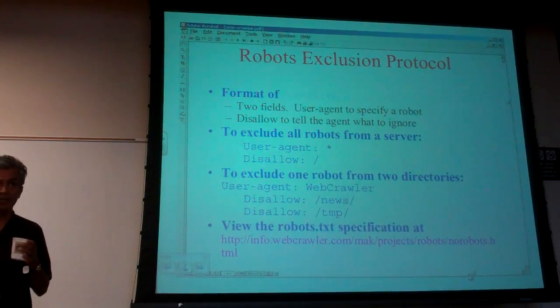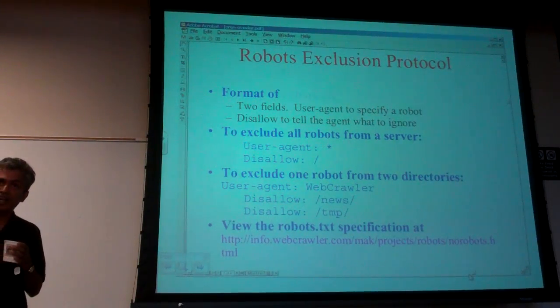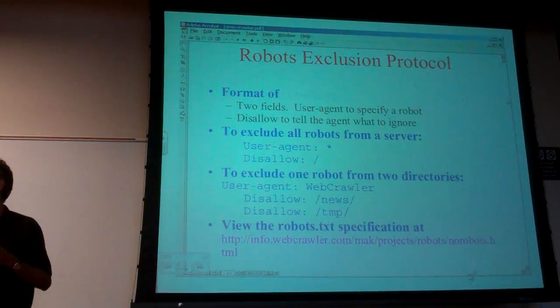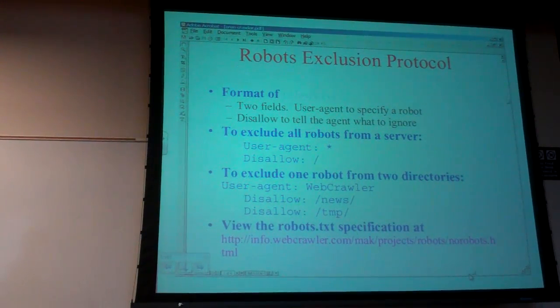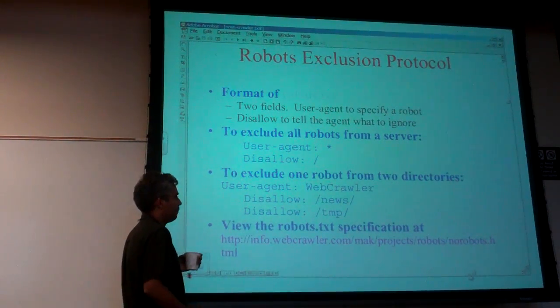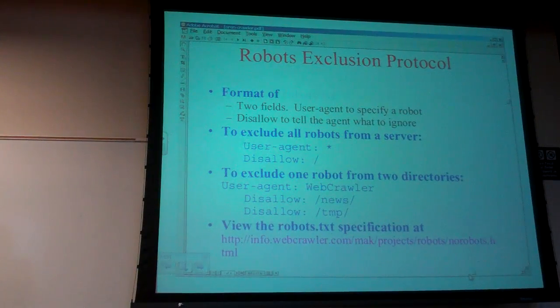Okay, so basically robots.txt allows you, they have a syntax whereby you can say which crawling agents are allowed to crawl what parts. But as I said, this is just a voluntary protocol. People don't actually have to follow it. So that's one useful thing that people can put in their websites.